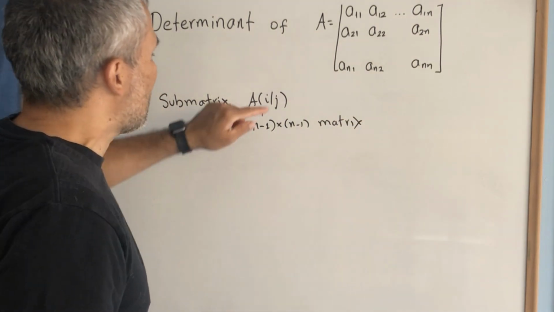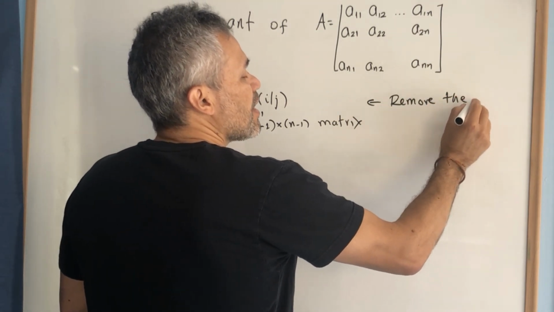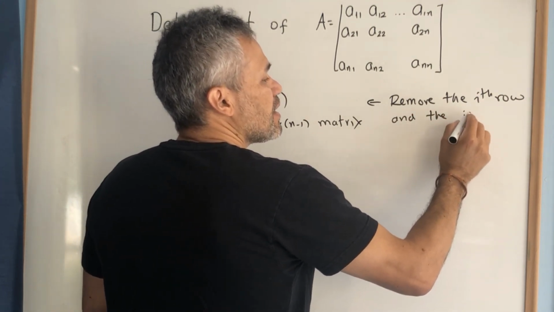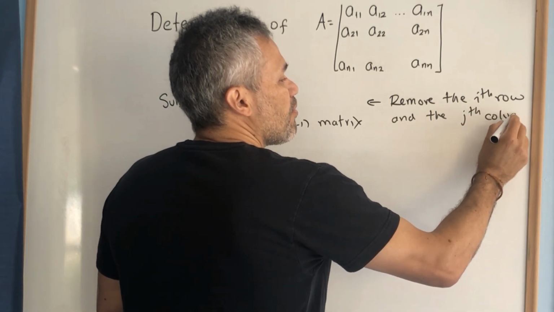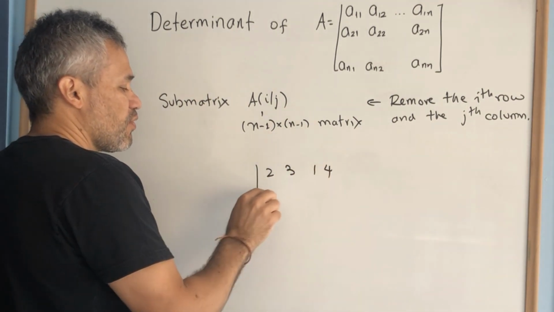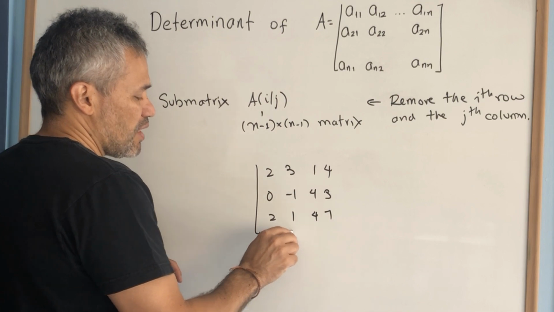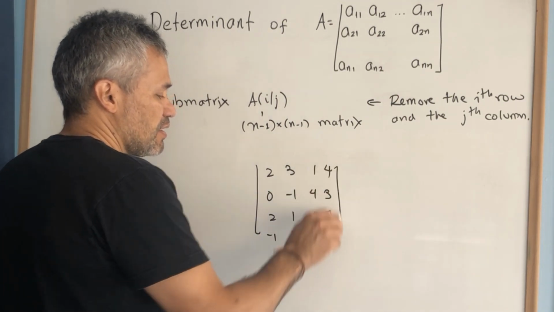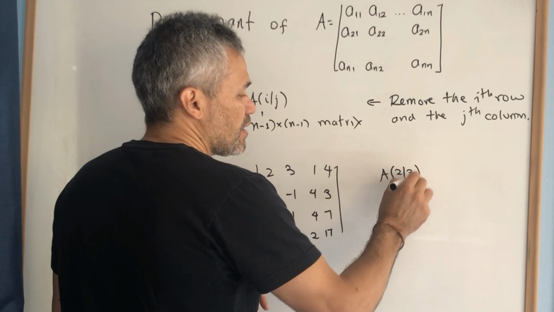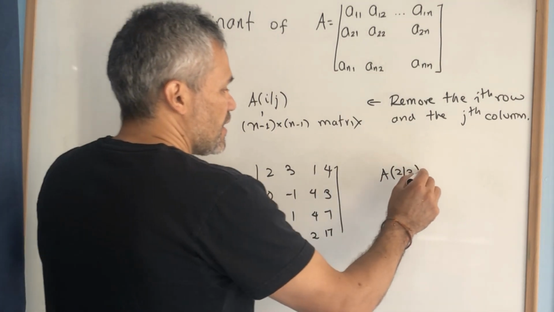It's the matrix that we get when we remove the ith row and the jth column. Let's do an example. If we have this matrix 2, 3, 1, 4, 0, negative 1, 4, 3, 2, 1, 4, 7, and negative 1, 1, 2, 17, then if I want to compute the submatrix A_23, that means that I have to remove the second row and the third column. Then I end up with the matrix